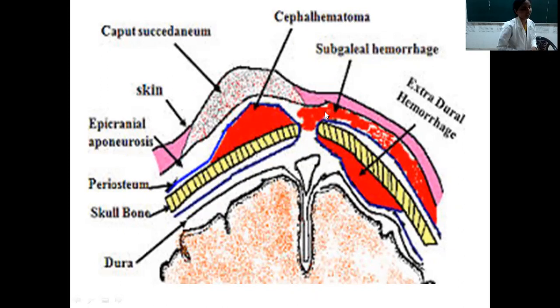So this subgaleal hematoma is useful for us in what way? You see, in case of these fractures, intracranial hematoma leads to extracranial hematoma. So in this layer, what happened? Until the entire fourth layer is filled with blood, there is no compression on the brain. So it acts as a safety valve. That's why the hematoma in the loose areolar tissue, the fourth layer, is also known as safety valve hematoma. And this hematoma present in the subgaleal tissue may gradually extend onto the